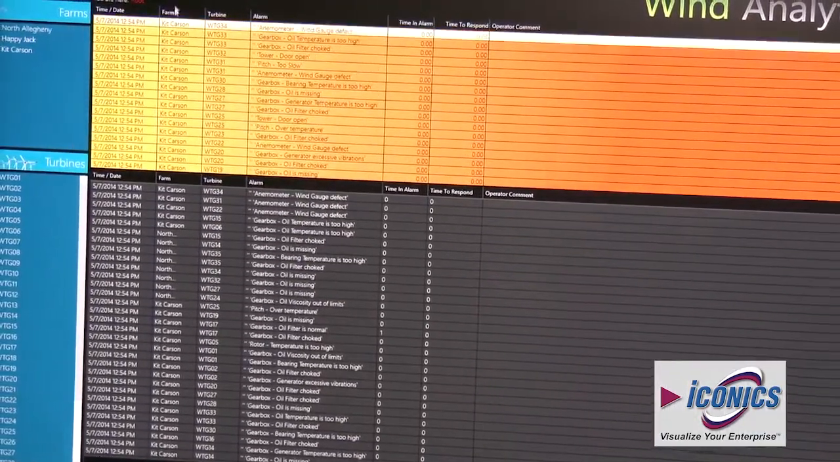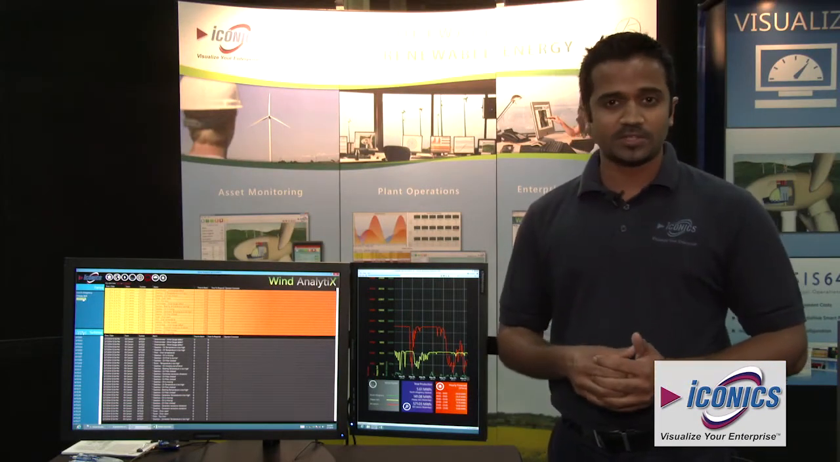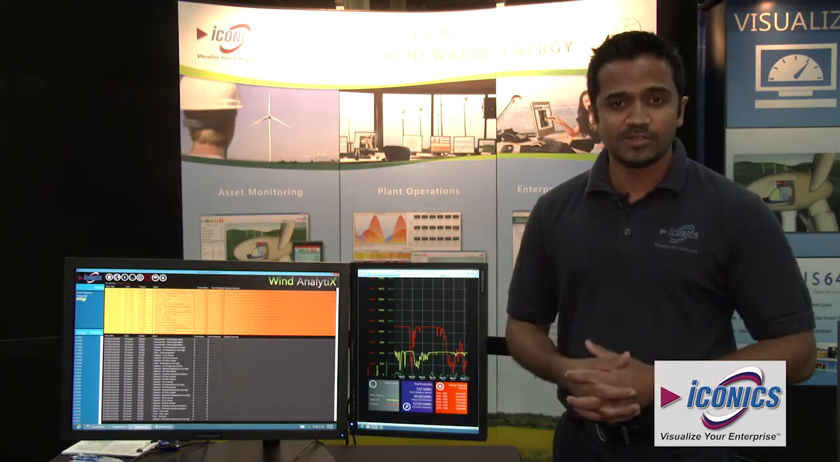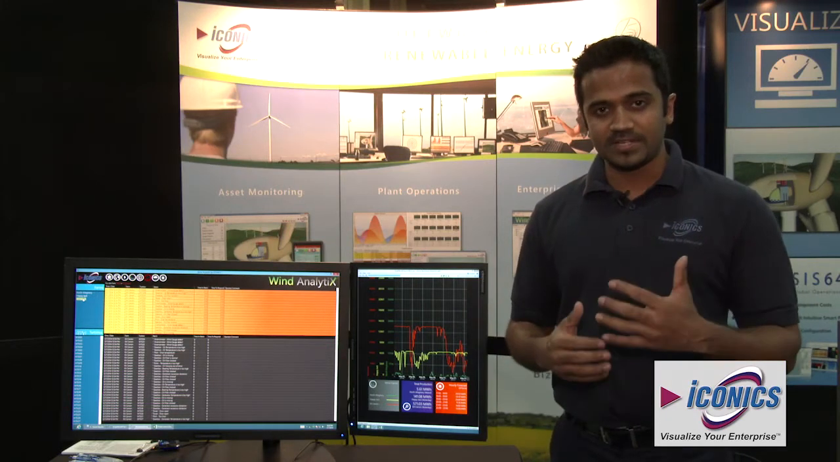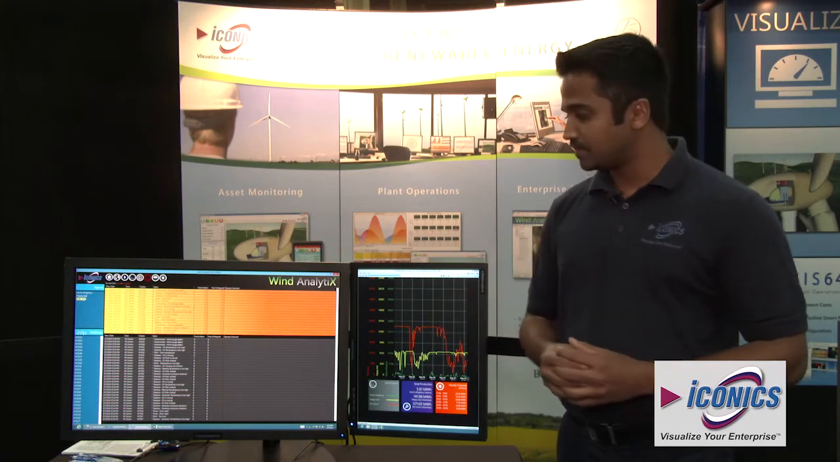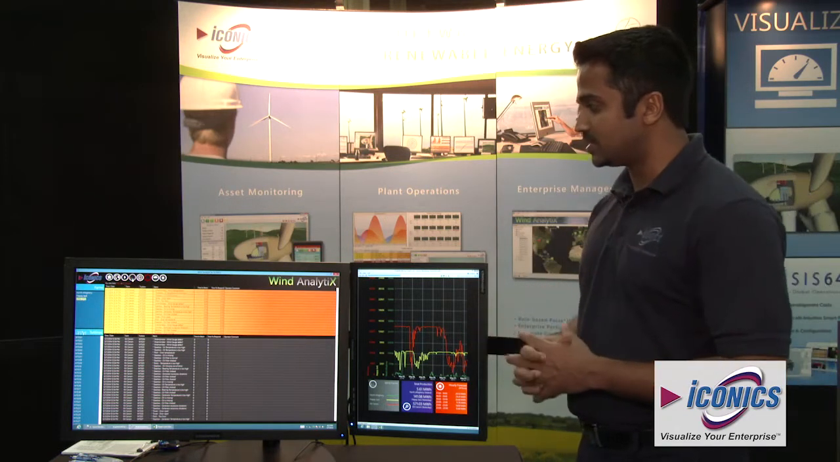Going a step further, we can integrate this with our fault detection and diagnostics technology. It's basically a rule-based engine which is going to allow you to further analyze your data and predictively maintain your equipment. So we have quite a few analytics tools, and the other analytics tool that I want to show you